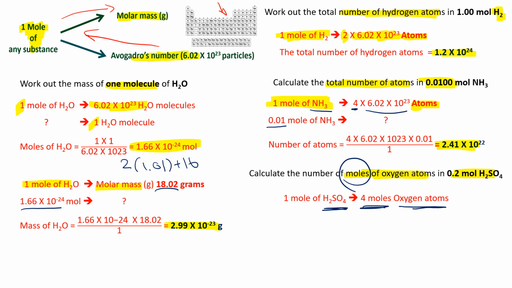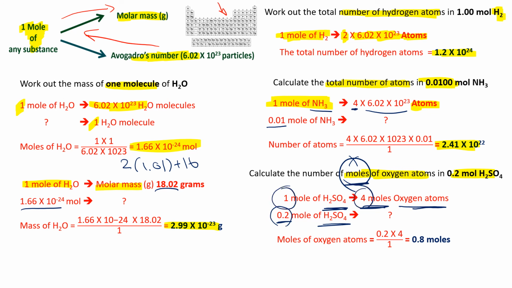If we were not asked about how many moles, we would replace it with Avogadro's constant. So we would say 4 by Avogadro's constant will give us this amount of oxygen atoms. But because they are asking about the number of moles, we have 4 moles of oxygen atoms. If we have 0.2 mole H2SO4, we will cross multiply, so 0.2 multiplied by 4 over 1, then we will have 0.8 moles of oxygen